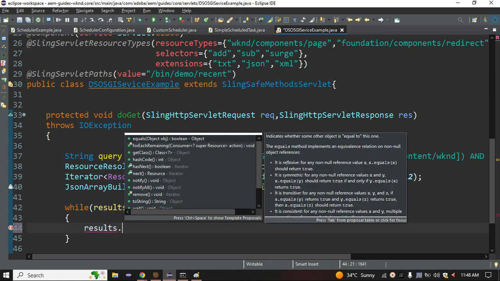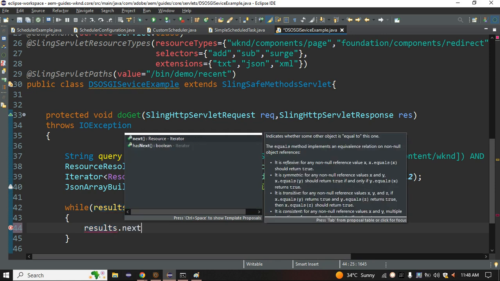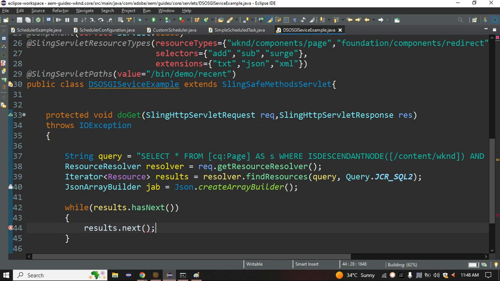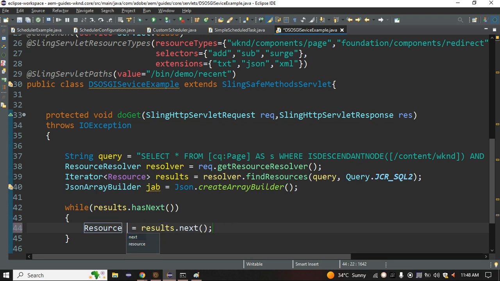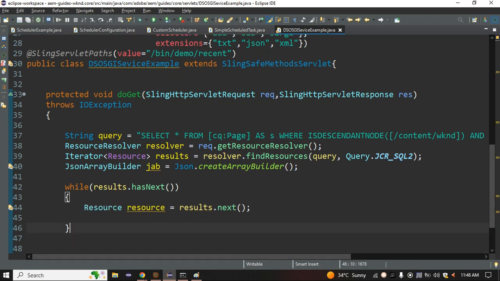How we can take it? It's a resource, so we can take it by using the next method. Okay, and this next method will return the resource. So here I am using a resource. Okay, we have to import it. We import it, and after that, from this resource,